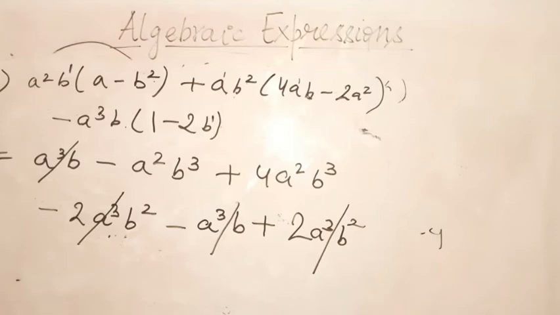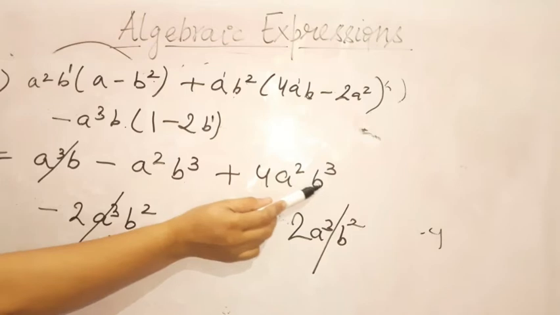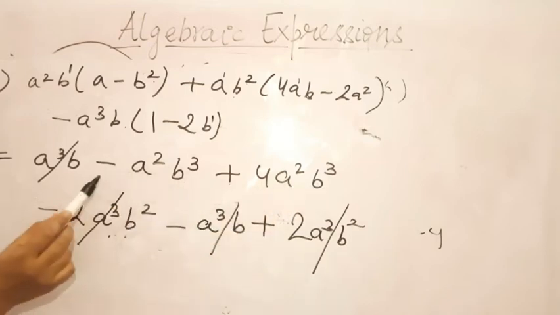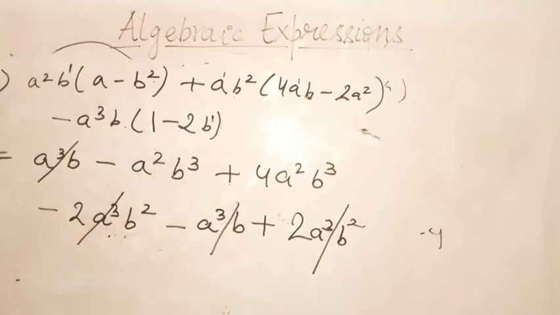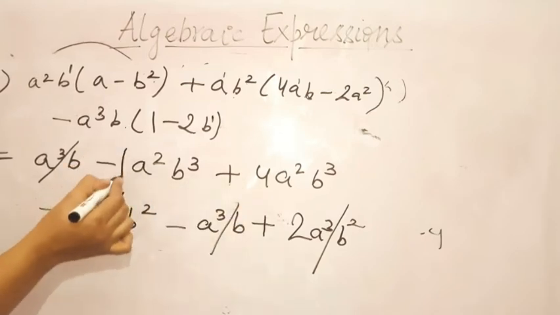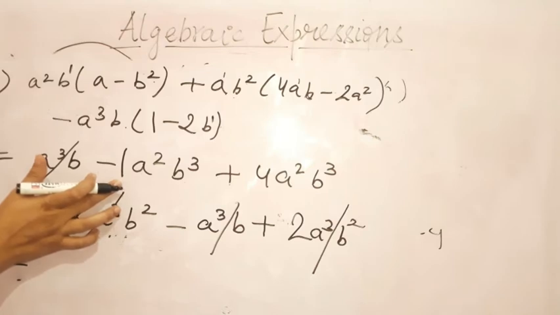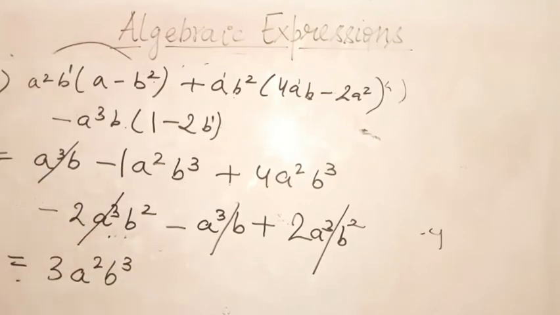Now what is remaining? Minus a square b cube plus 4a square b cube, plus minus minus, since both the terms are like terms. Why are they like terms? Because the literal factor is the same over here. So plus minus minus, sign of the greatest number, 4 minus 1, because there is no number here, so I will consider 1 as the coefficient. So 4 minus 1 is 3, so the final answer will be 3a square b cube. I hope you must have understood question number 25. Now moving on to the next question, that is question number 26.